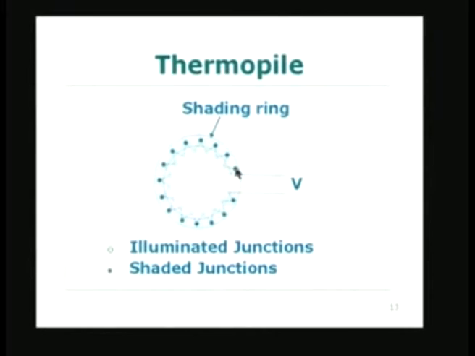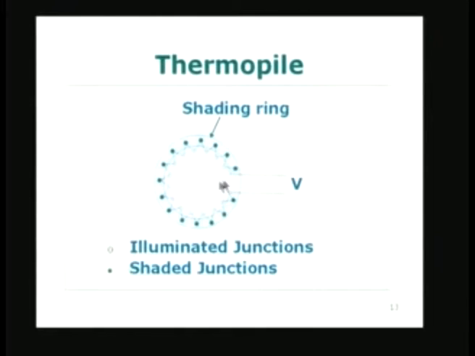What the shading ring is doing is to prevent the heat from being communicated to the junctions which are in the shadow. One of the uses for this particular thermopile arrangement would be, let us say, solar energy falling on these junctions. Because of the solar heat falling on them, these junctions will get heated compared to the other junctions which are in the shade. Because of the ring surrounding it, the black dots are all at a lower temperature, and they are all in series.